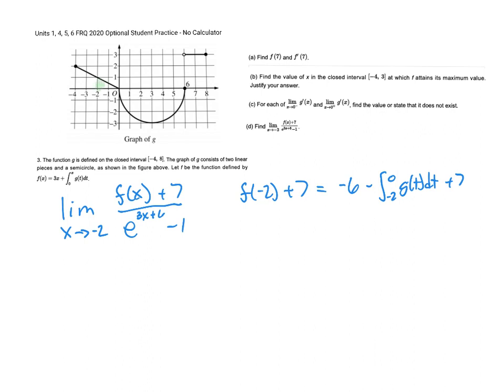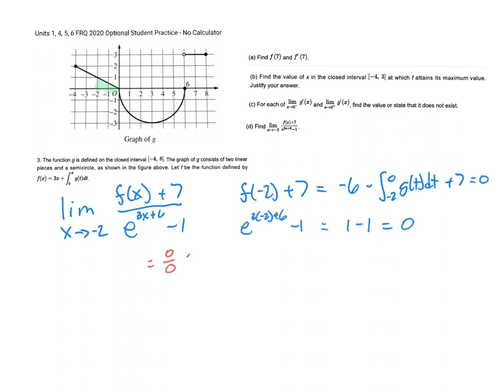Negative 2 to 0, that's going to be 1/2 base times height. That's a 1. So the whole thing is going to be 0, because negative 6 minus 1 plus 7 equals 0. All right. And then this e to the 3 times negative 2 plus 6 minus 1, that's e to the 0 minus 1, so that's also 1 minus 1, which is 0. So this thing is indeterminate,